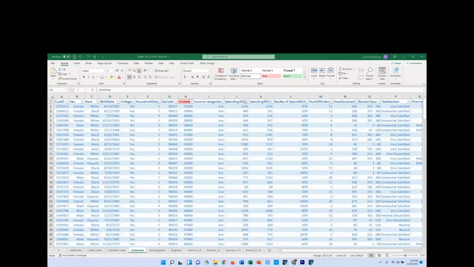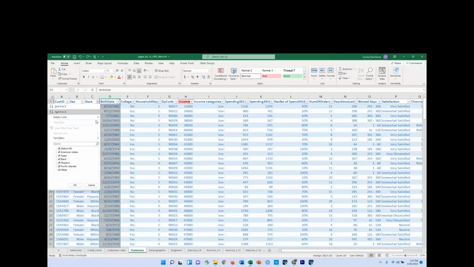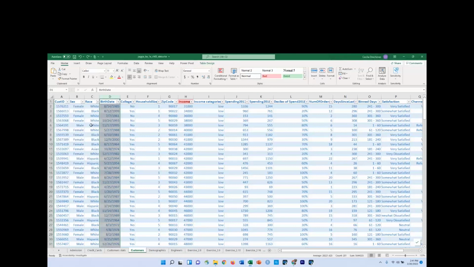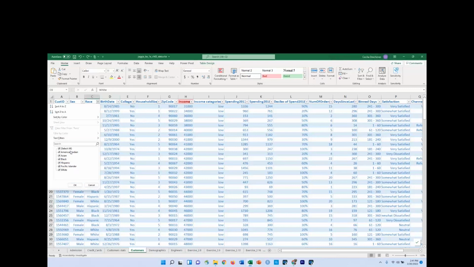The next thing that I'm going to cover is the category reduction. So for the category reduction, I'm going to come over here to race. I'm going to look at what all my categories are. And I see that, sorry, I didn't mean to select birth date. Just look at race. Okay, so we have American Indian, Asian, Black, Hispanic, Pacific Islander, and white. So let's go ahead and